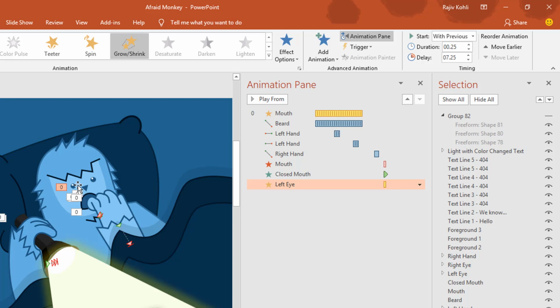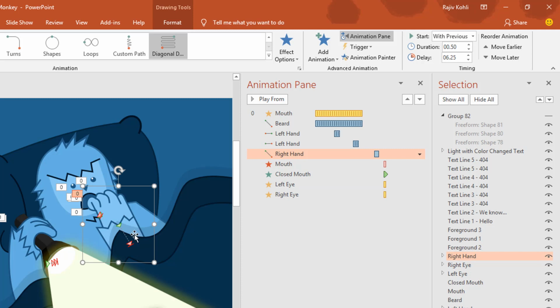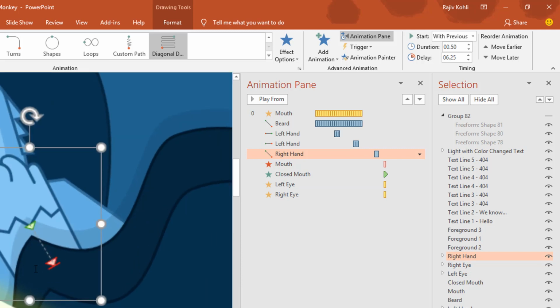And for the right eye I will use the same effect, and for that I will select the left eye first, click the animation painter, and then click carefully on the right eye. Okay, we have the same animation on the right eye as well. Now I want to move the right hand back to its original position, and you can see the path length here. It is beginning right from here and stopping right here.